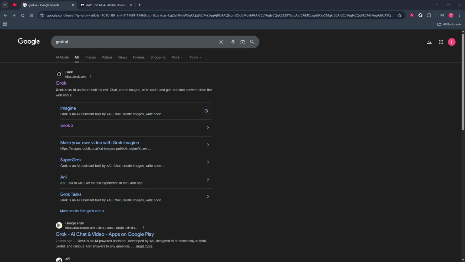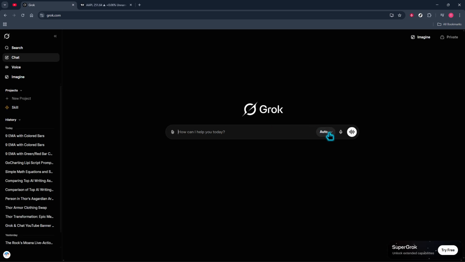In today's video, I'm going to teach you how to use Grok 3 to code TradingView indicators. We'll start by opening a browser and searching for Grok AI. Click through to the official site so you're working in the right place. Once you're in, switch to the expert mode. This setting helps the model produce cleaner, more technical answers, which is exactly what you want when you're generating Pine